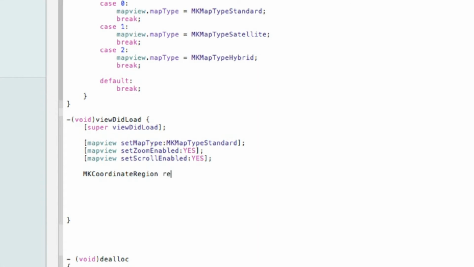There we go. Hit enter and then type in region = {{0.0, 0.0}, {0.0, 0.0}}; with a semicolon. Hit enter. Then we do region again dot center